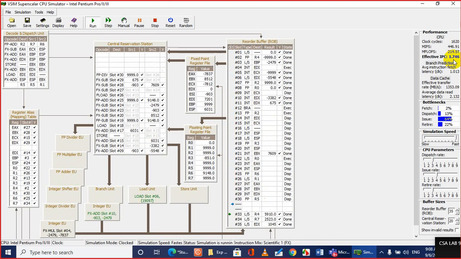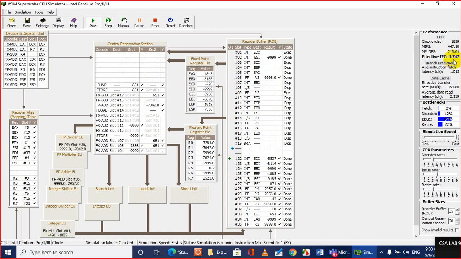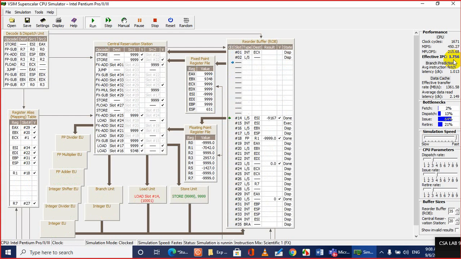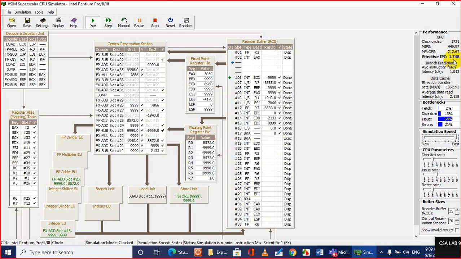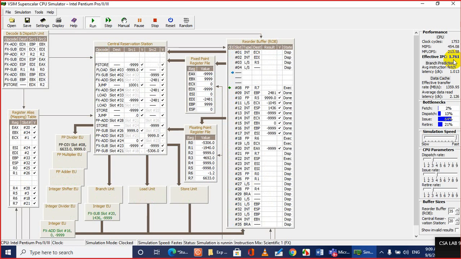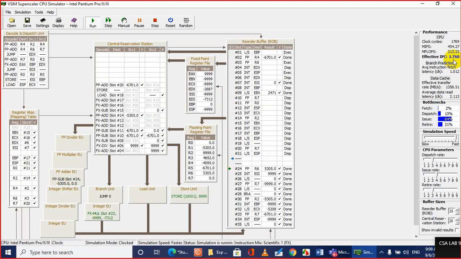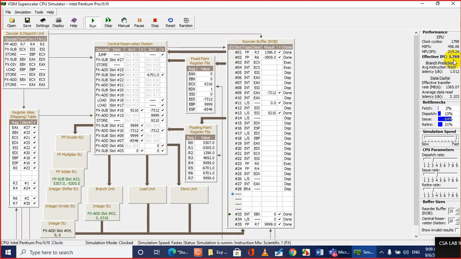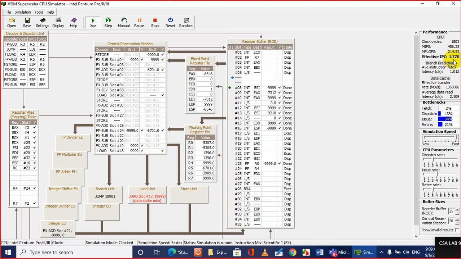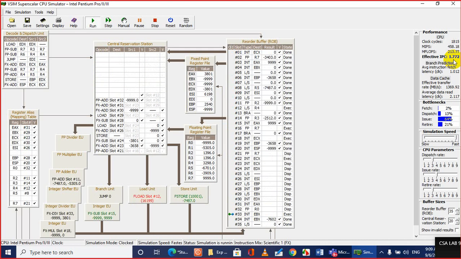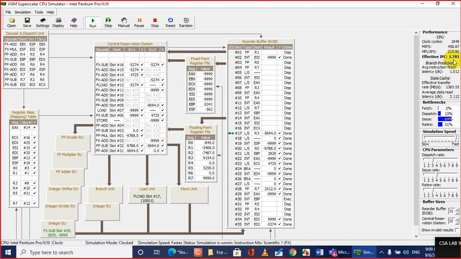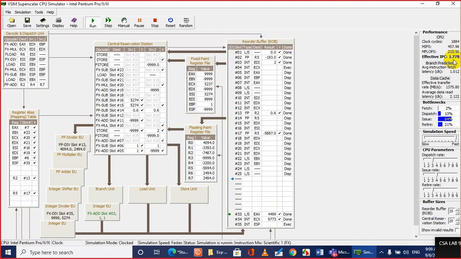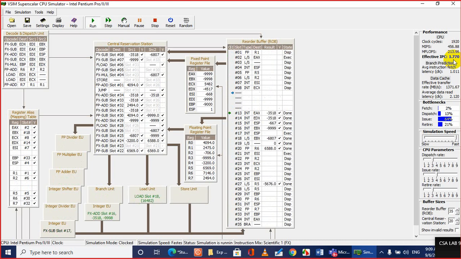That means at this parameter, your CPU will not give better performance, and in your design, if it happens like this, you need to avoid this particular value. Let me start the simulation. It looks like it is not crossing 1.8.